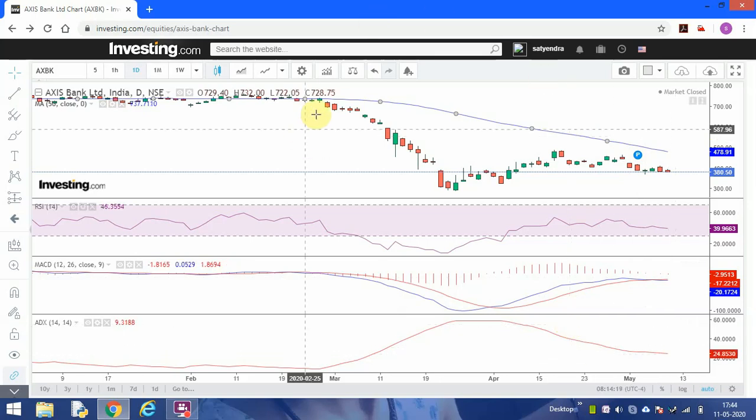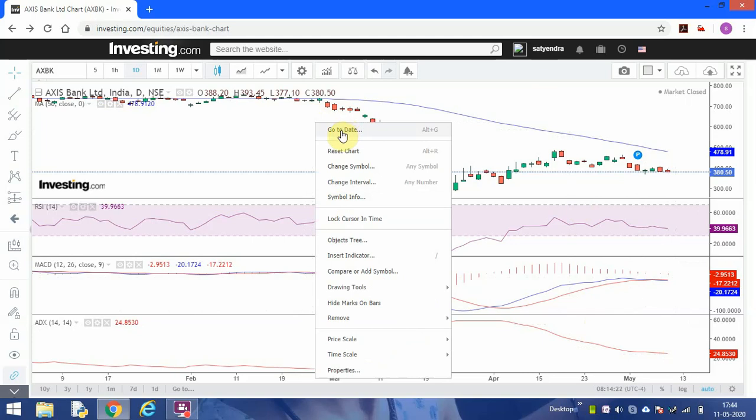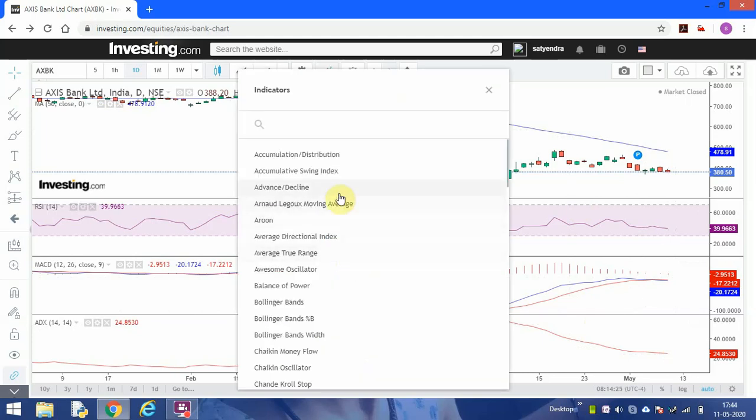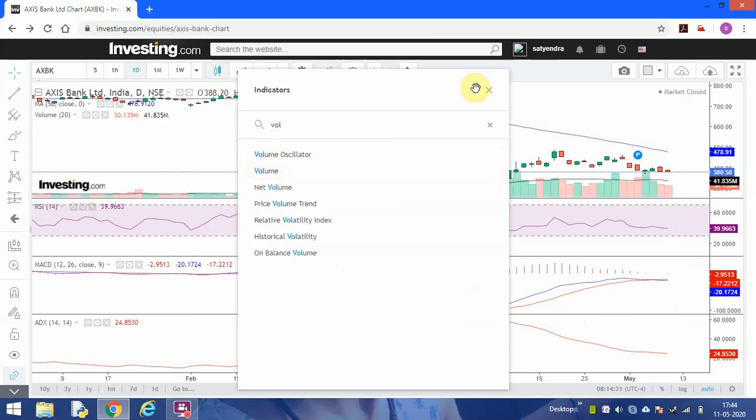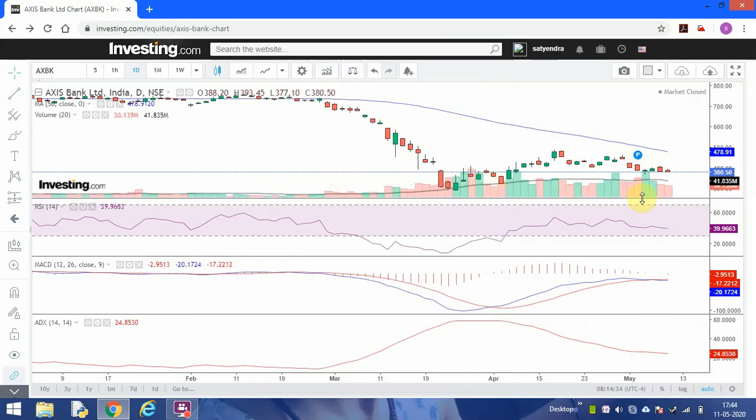So you can add one more in this, that is volume. By that way you can see it has a good volume, so this share can be traded. You see, last 2 days this share has good volume. See, good volume, good volume. Here, on this day this share had no volume, so it should not be traded. So these 4 things you have to use.